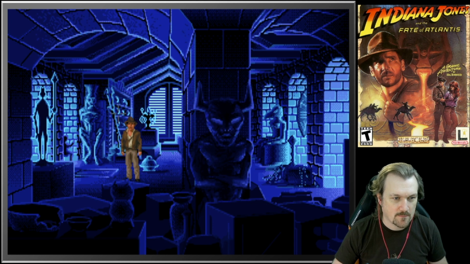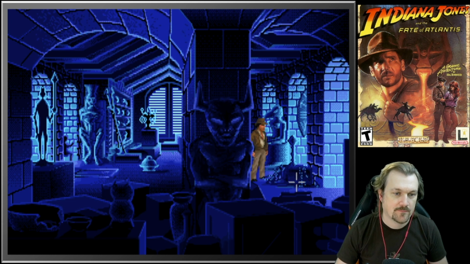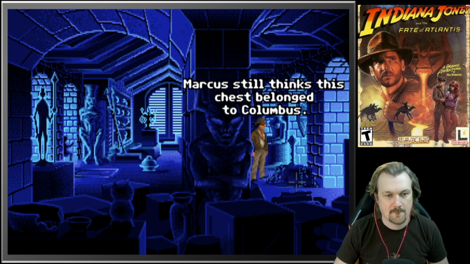So I can point my mouse to certain spots and you can see that it makes a little mark of what it is. So if I click on the chest, for example,